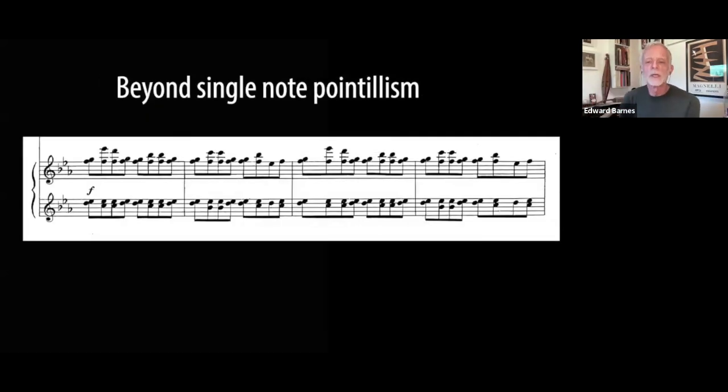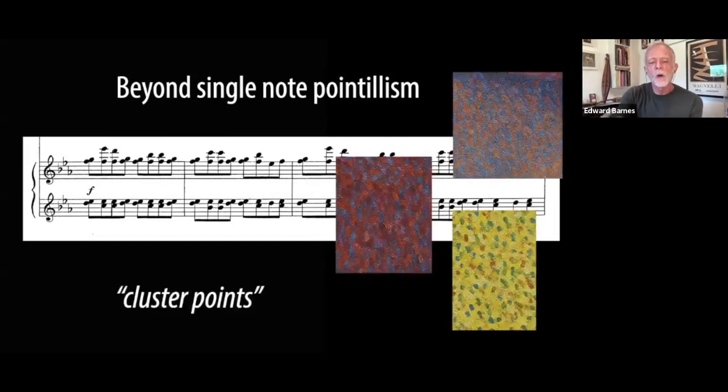Now, this is Sondheim. So once he establishes that, he begins to grow this idea of pointillism, and he moves beyond single note pointillism into something that's called cluster points. These would be the equivalent of taking a snatch of the painting rather than one dot of the painting. So it's like the camera pulls back a bit and you see a little bit more at a time. So he takes the same points of paint but builds them in what are called clusters. We'll explain in a minute. So it sounds like this.